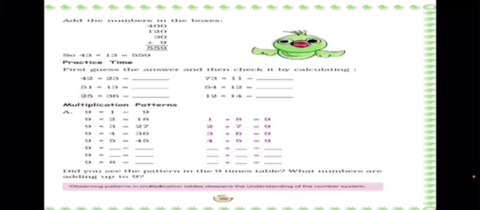Now 51 multiplied by 13. So here again 50 plus 1 and 10 plus 3. So now with 50 we'll first start with 10. So 50 multiplied by 10 is 500 and 5 3s are 15. 1 multiplied by 10 is 10. 10 multiplied by 50 is 500 and then 10 multiplied by 1 is 10. So we are now getting 2 numbers, that is 510. So please note it down.